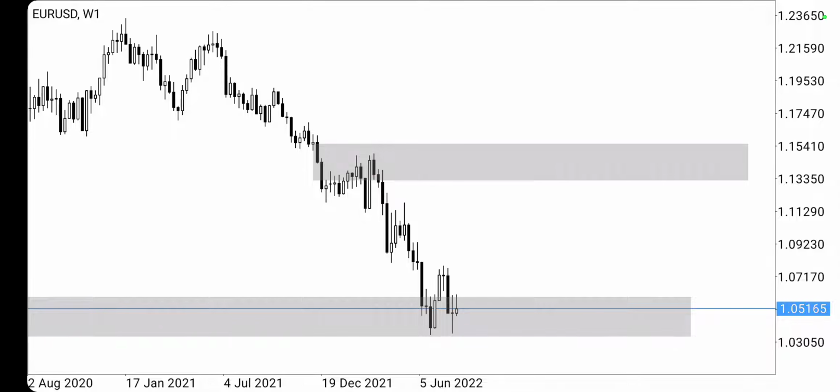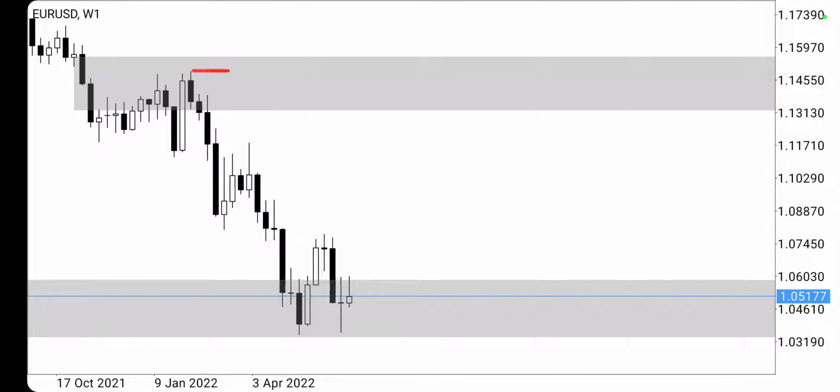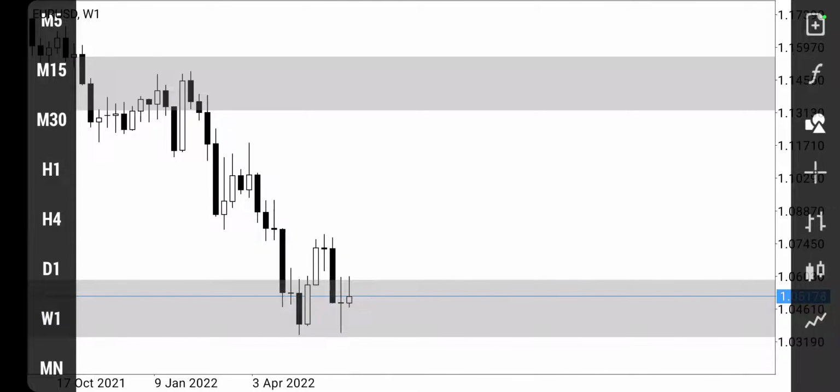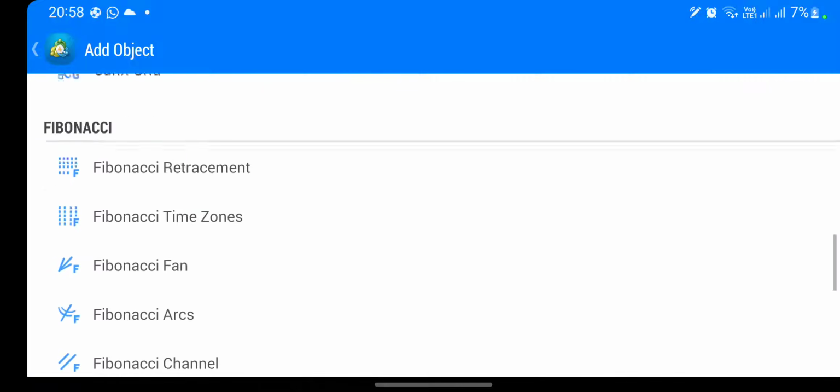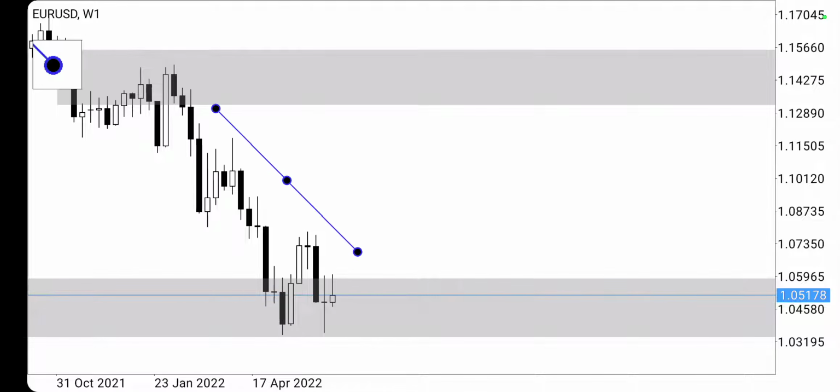But that's not the point. The point is that we are looking to buy inside the current monthly demand and the weekly. The challenge now would be the weekly trend line is too close. It's too close. So that's what I'm saying. When you're keeping it like this, even if you're trading the daily and you want to execute on daily, you still need to keep in mind the higher time frame. Remember, you'll be executing on daily, and daily is smaller than your weekly, so you can't use that daily